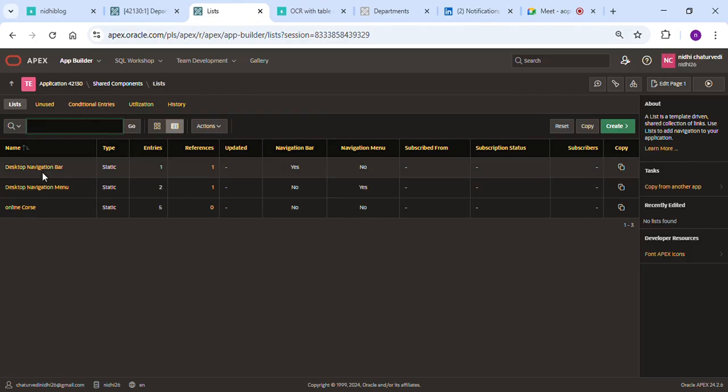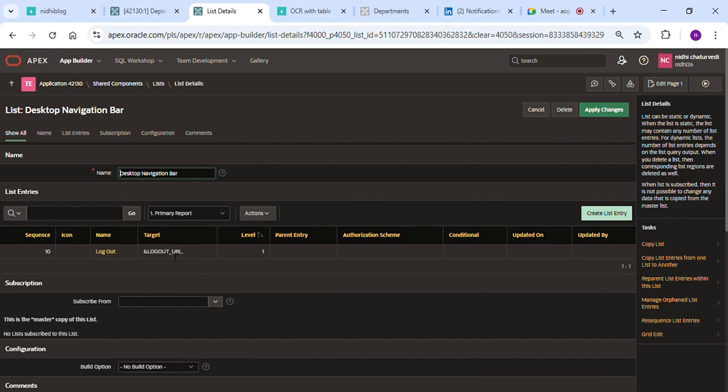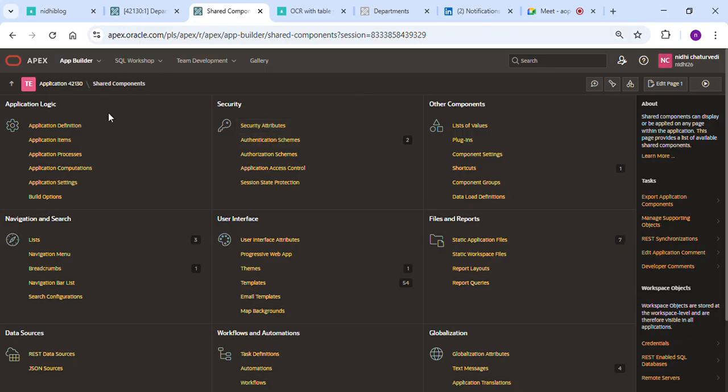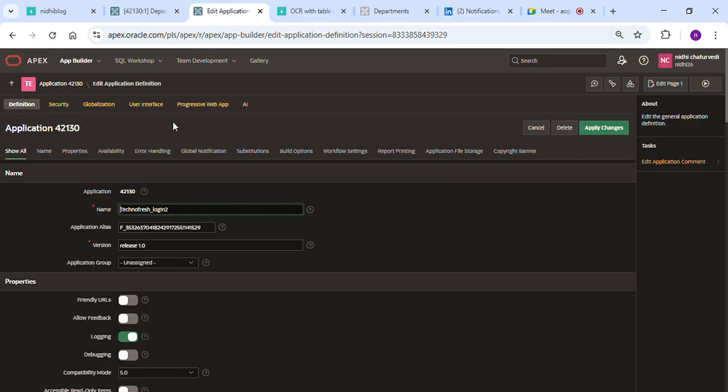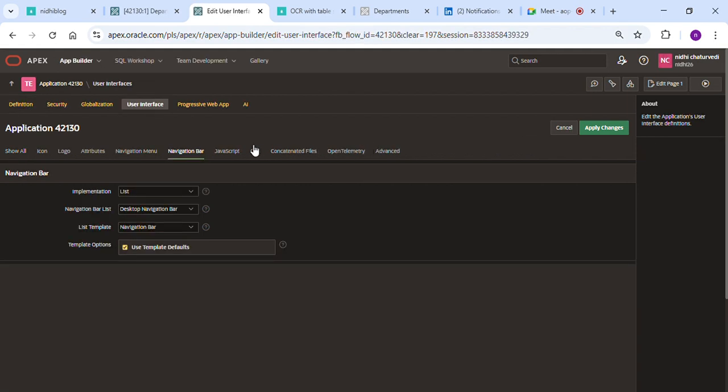If using that, we are inserting a menu manually in this page. If you change the navigation bar to the navigation menu, will it show only in the navigation menu, or will it be added automatically to all the pages? Correct. So this is the first thing.